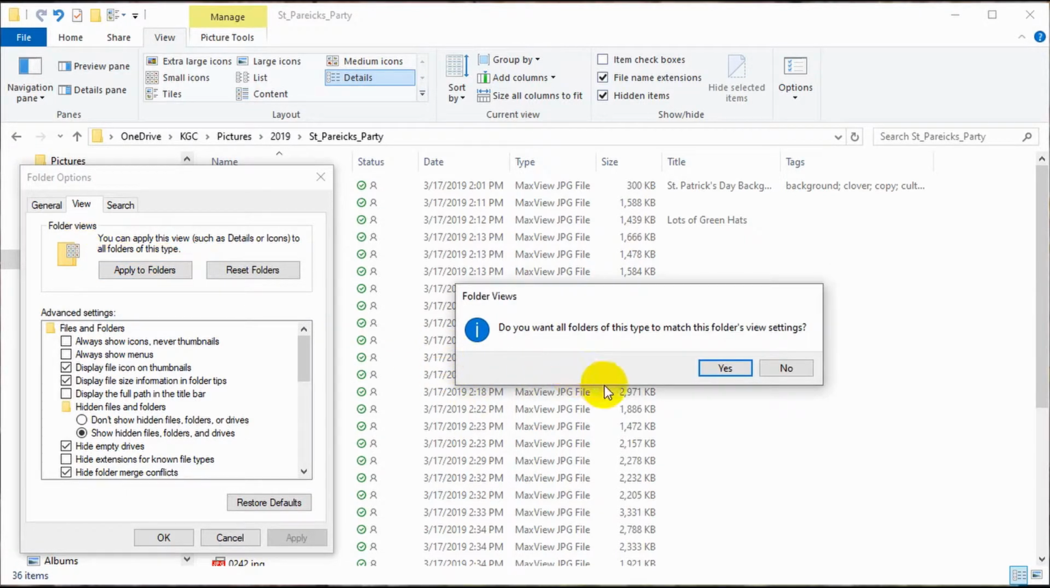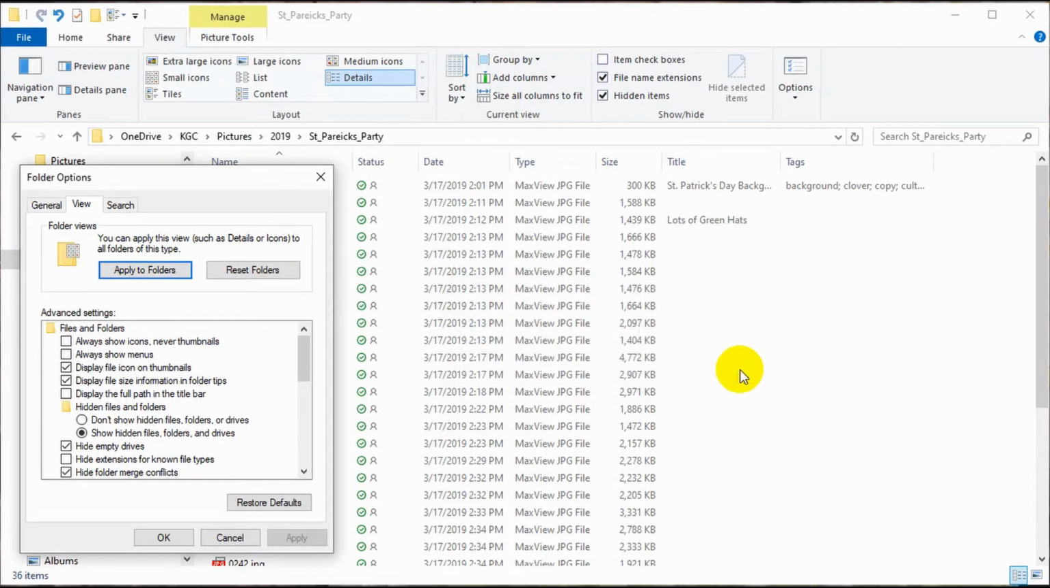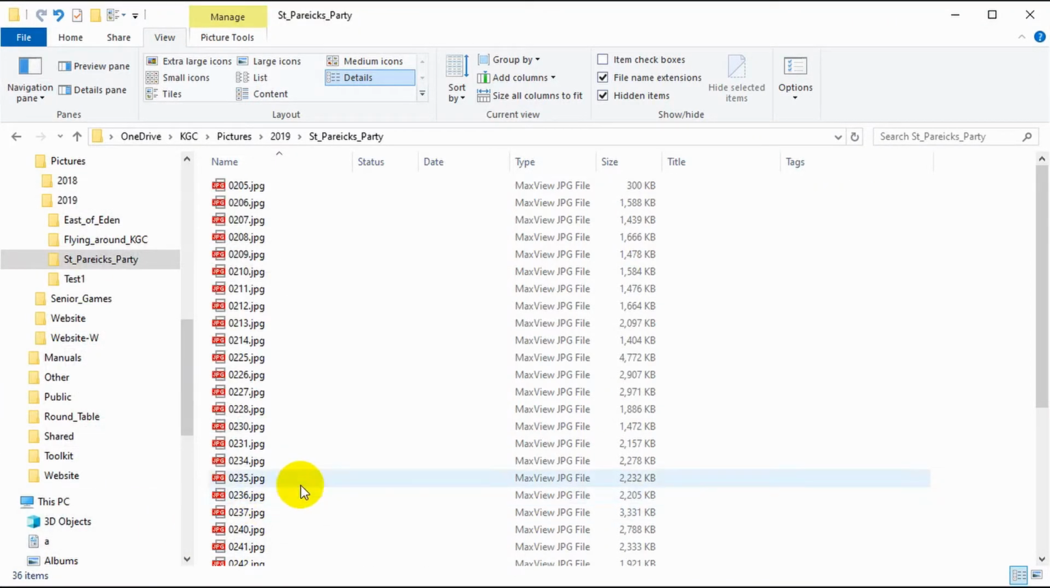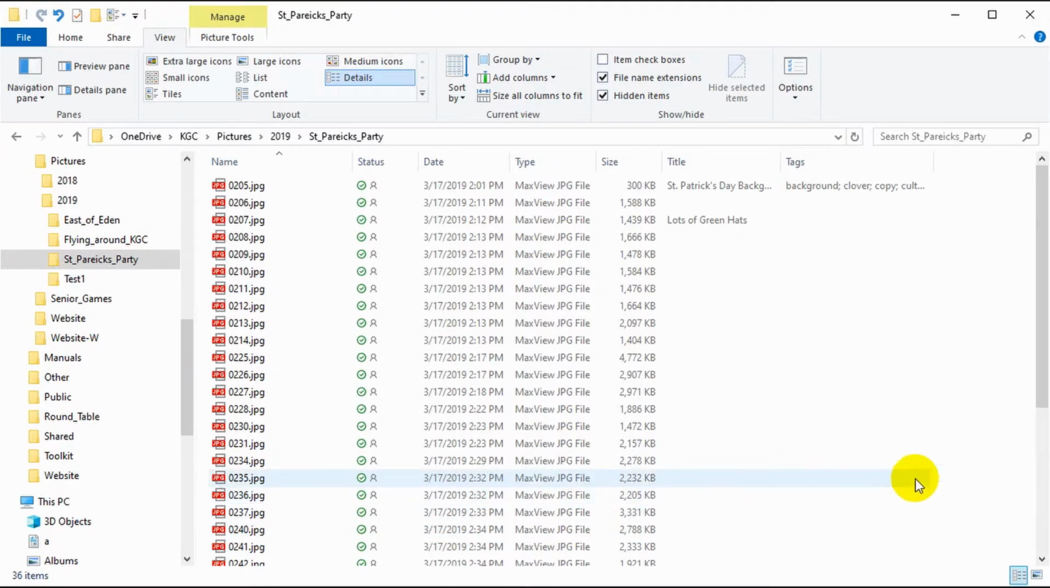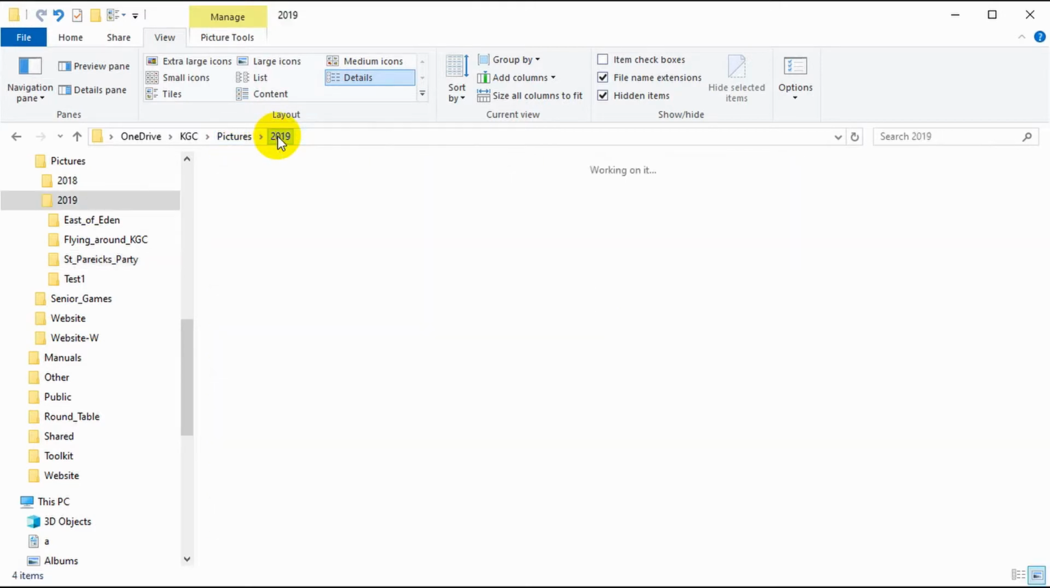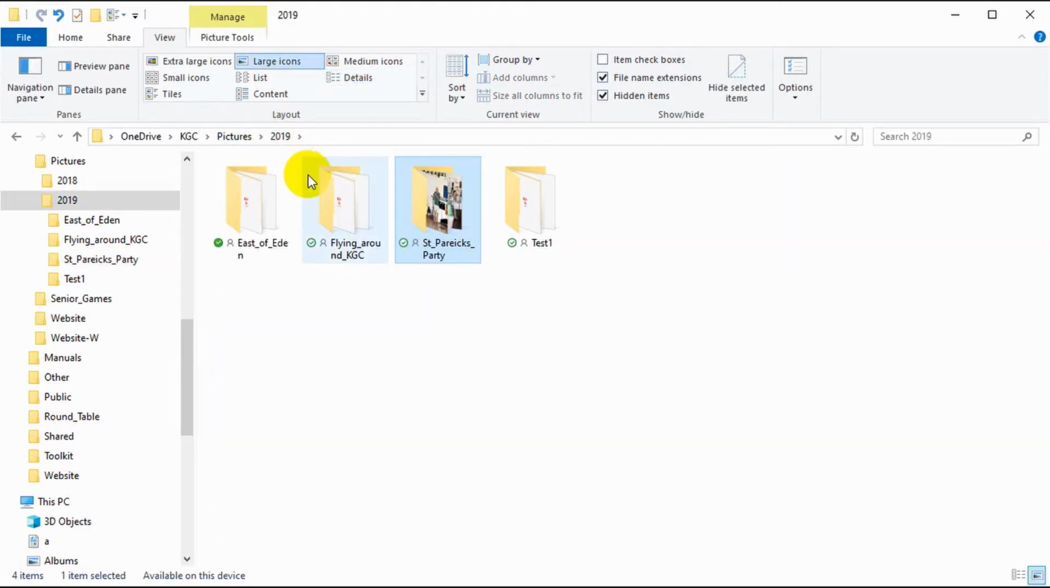Do you want all folders of this type to match the current folder's view settings? And the answer is yes. And so now, in theory, every pictures folder is going to have this view. We'll say OK, and there we go. Now, let's see how we made out. We'll go back up here to 2019. We'll go look at